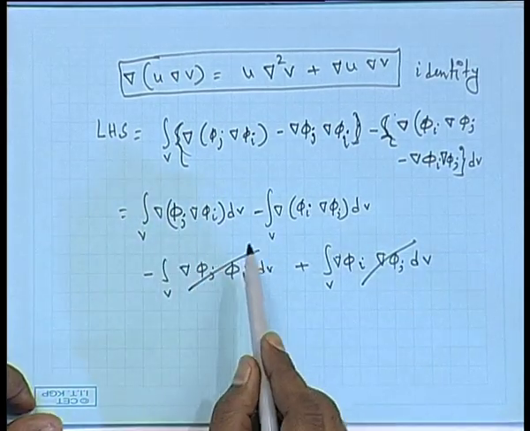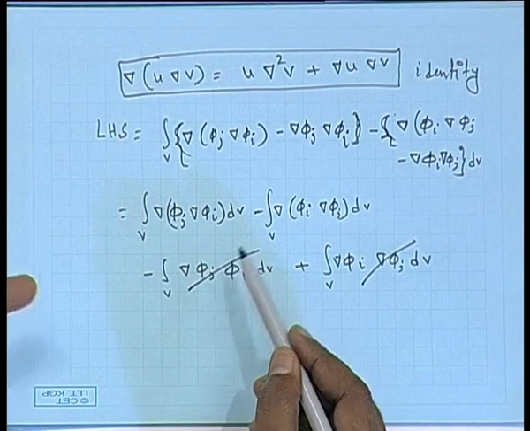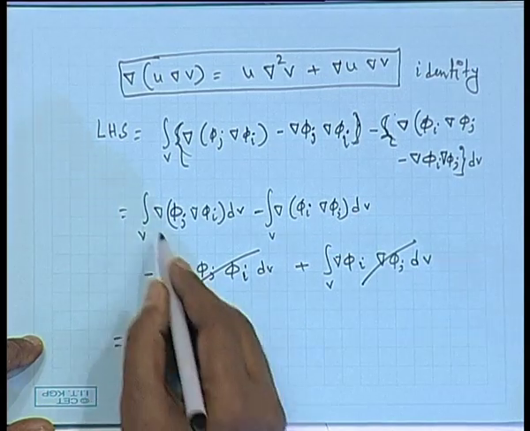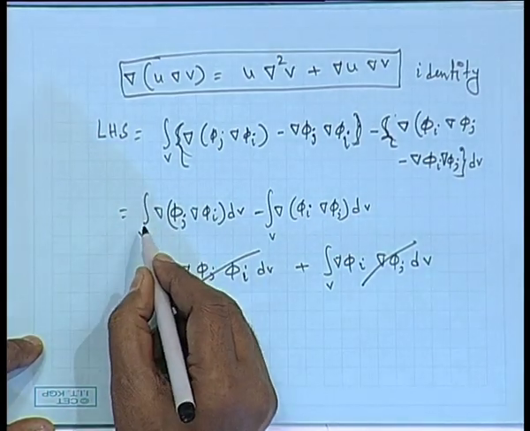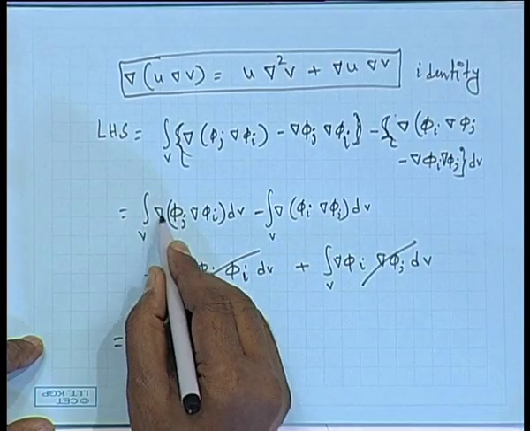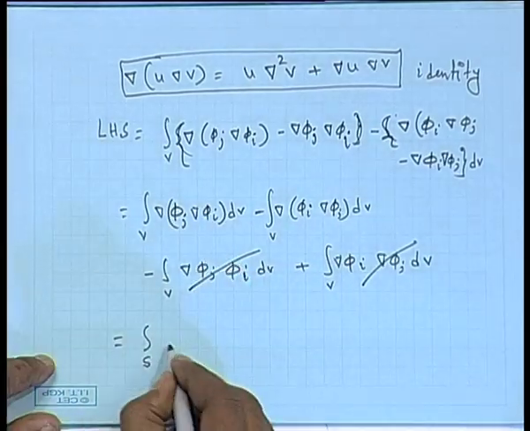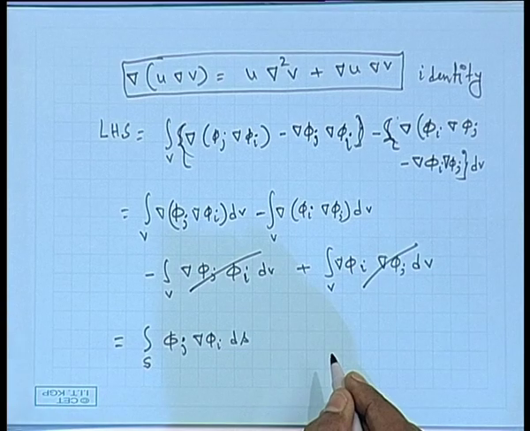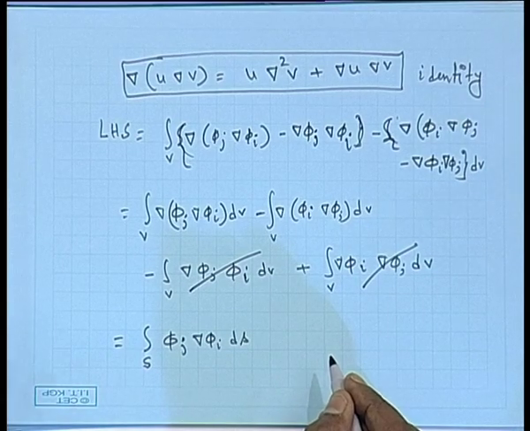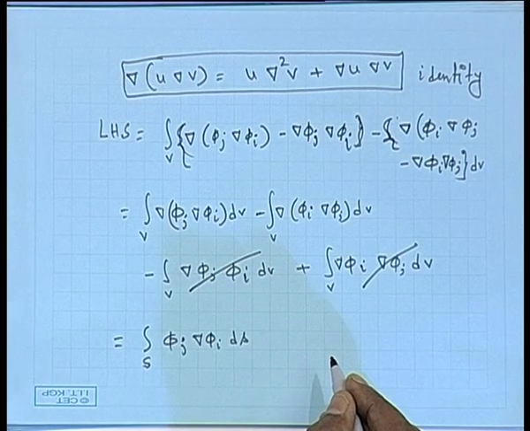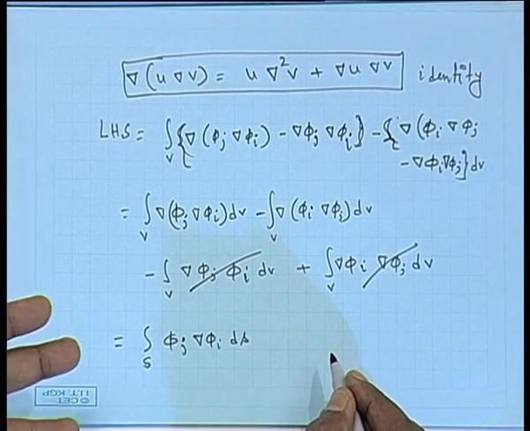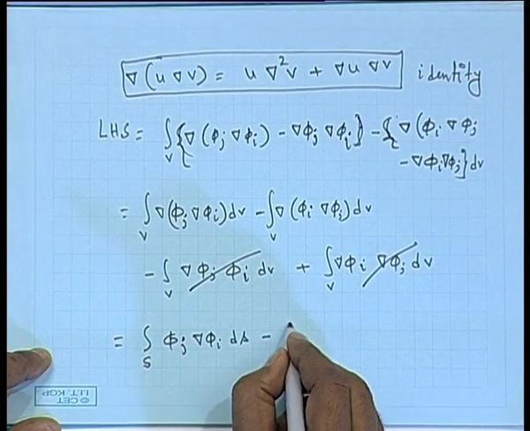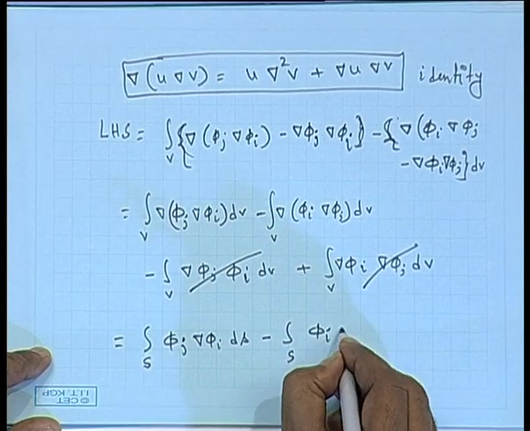Now, these two terms can be again simplified by using Green's theorem, where you are converting a volume integral into a surface integral. Okay. By converting the volume integral to a surface integral, this integral will be replaced by a surface integral and this grad will be gone. So, it will be phi j grad of phi i ds. You remember those 10 plus 2 mathematics, conversion of volume integral into surface integral, conversion of surface integral into a line integral. Okay. We are using Green's theorem, which is converting the volume integral into the surface integral. Okay. Minus the integral over s of phi i grad phi j